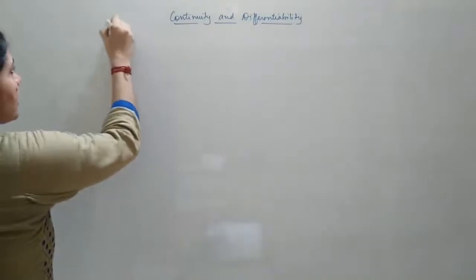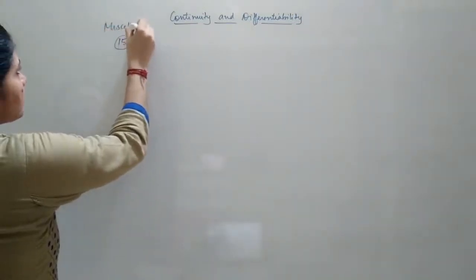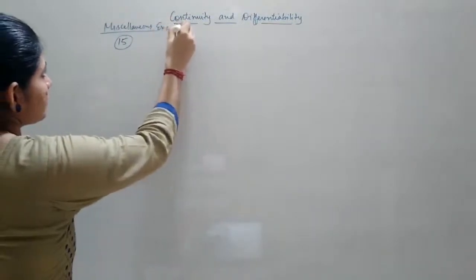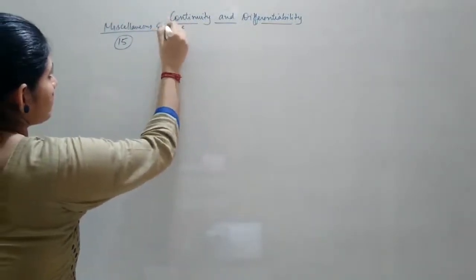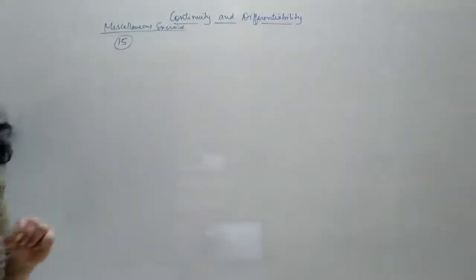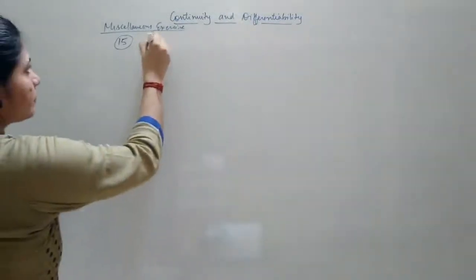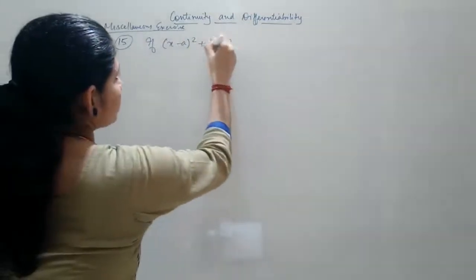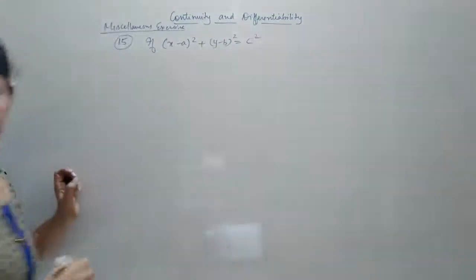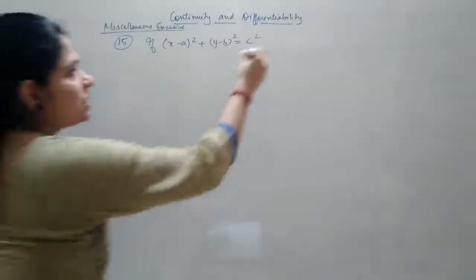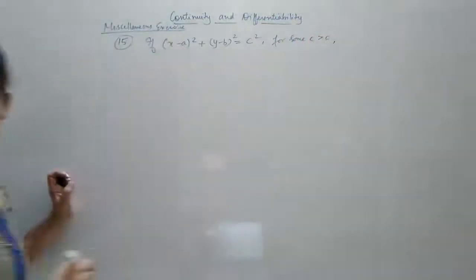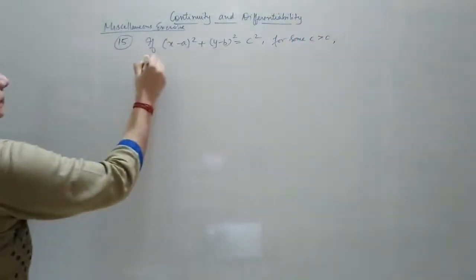Question of miscellaneous exercises. If (x minus a) the whole square plus (y minus b) the whole square is equal to c square for some c greater than 0, prove that